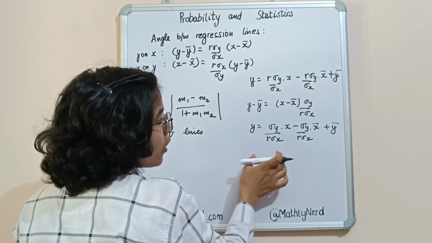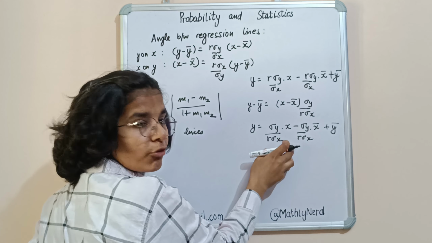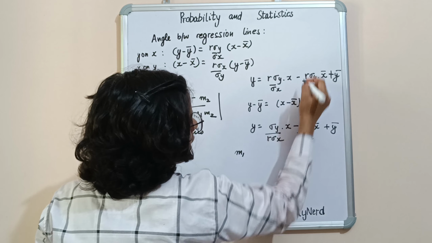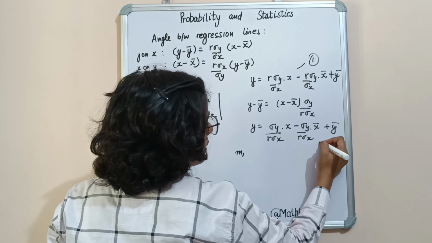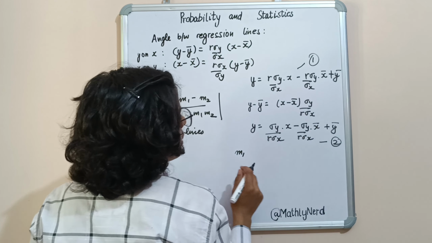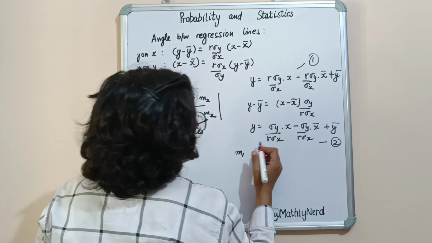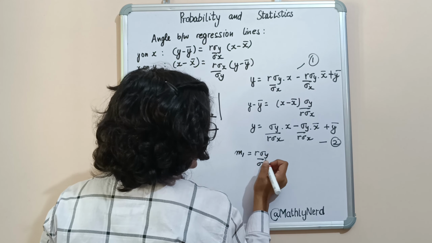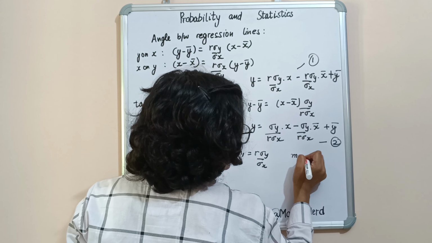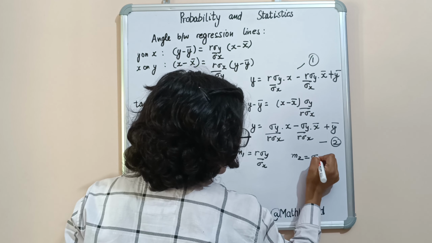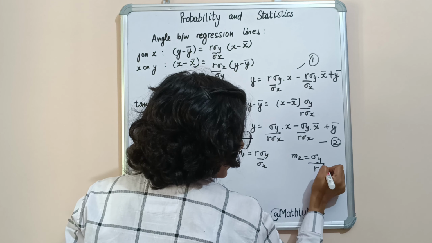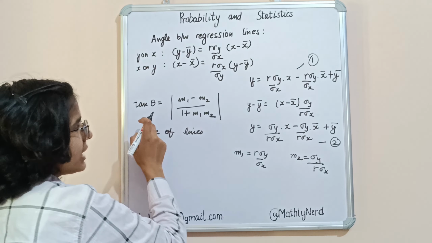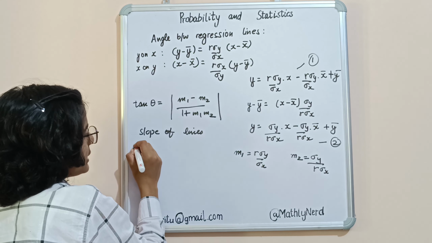Now slope is the coefficient of variable x, so, let's say this is our equation 1 and this is our equation 2, m1 will be r sigma y by sigma x and m2 is sigma y by r sigma x. Now if we just put these two values in our formula,